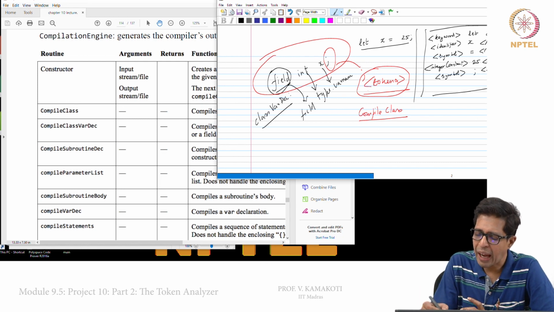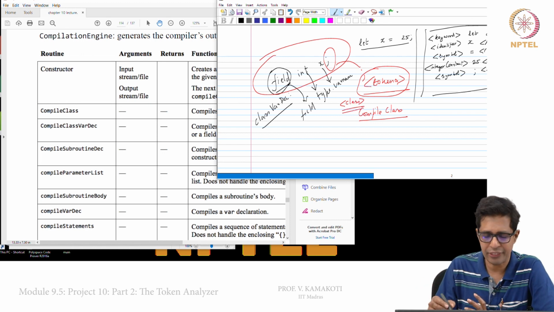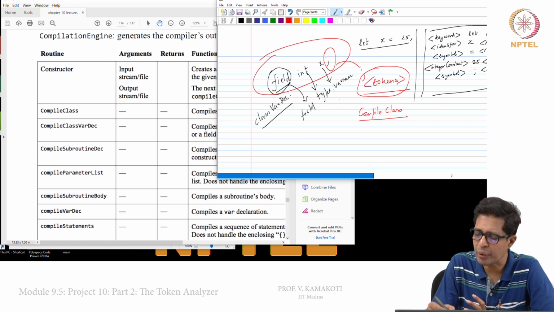Now after this tokens, normally you will see a class. You have to see a class. In the token file you will see keyword class slash keyword.